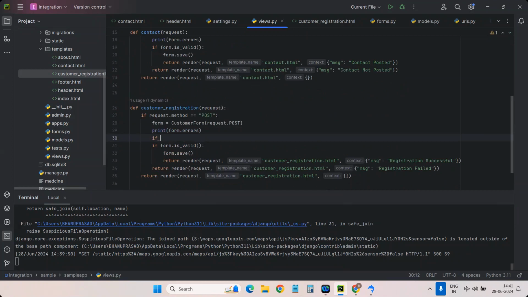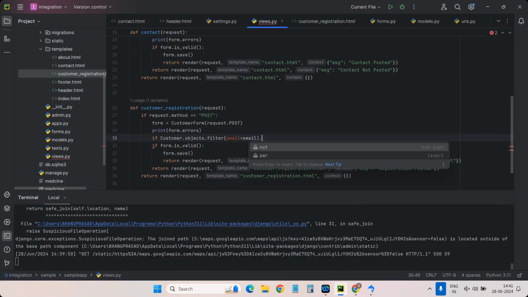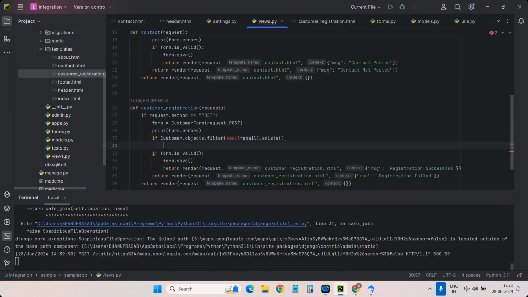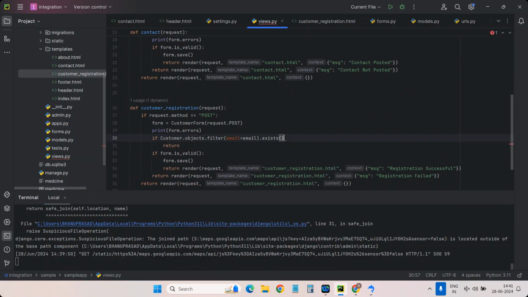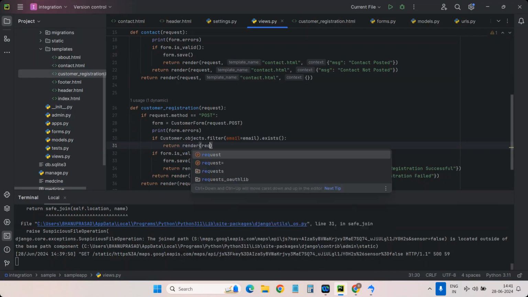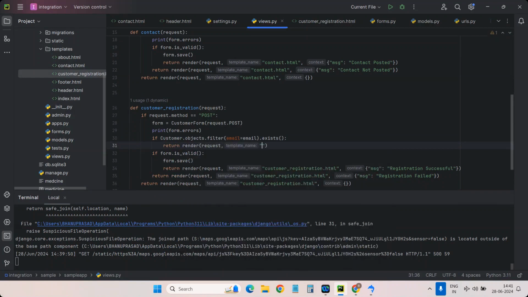If customer.objects.filter(email=email).exists(), then it should say that, return the first customer